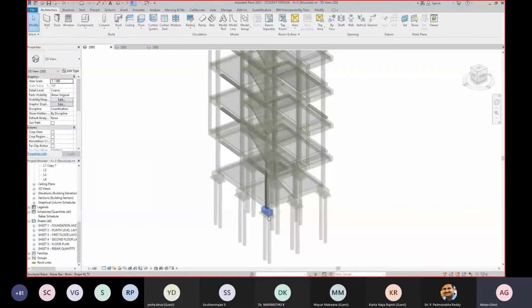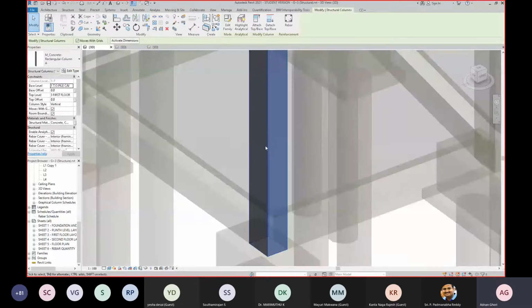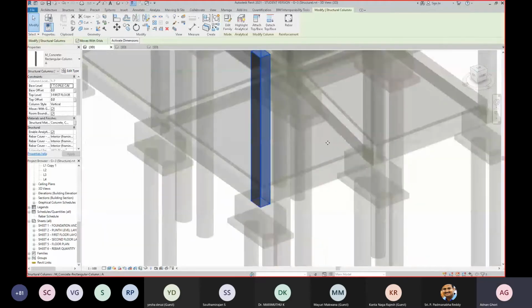So here you can see that this particular column is solid, but inside this column there is also some reinforcement which is provided. Okay. If there are other columns like this example and you want to make them solid as well, you can go to override graphics in view by element.